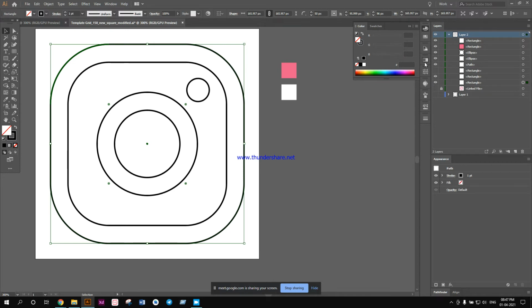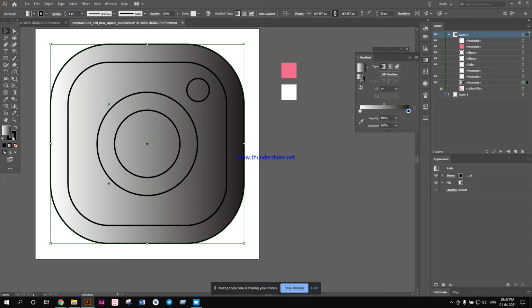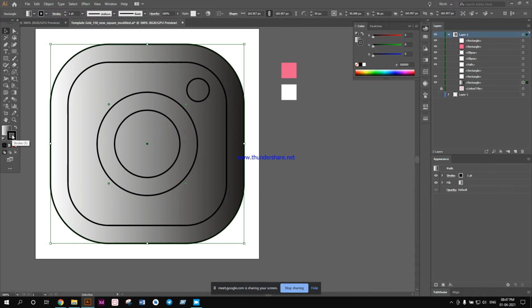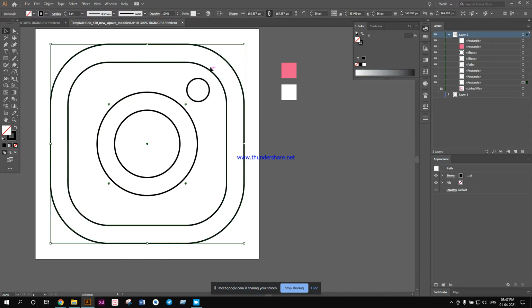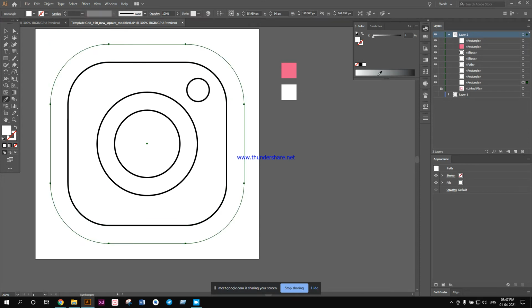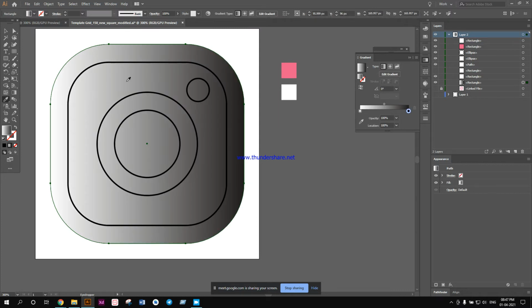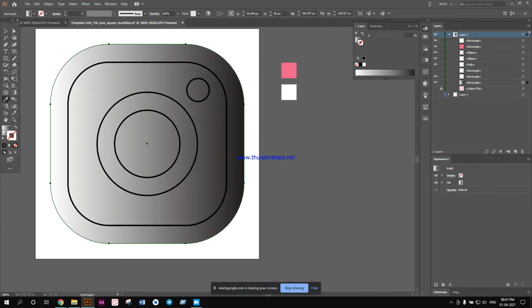And if I go to the gradient, turn on gradient now, you see I have the gradient, but I also have the stroke color, but I don't want the stroke color, so I have to disable it. Other way you can do it is that with the object selected, just click anywhere, just sample a color and then go to gradient. So you don't have to manually go to the stroke and disable it. That's why I like this approach.